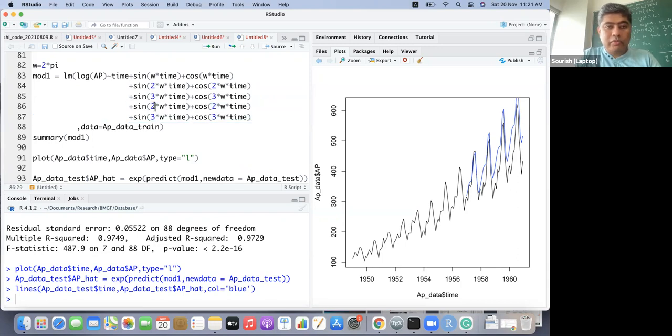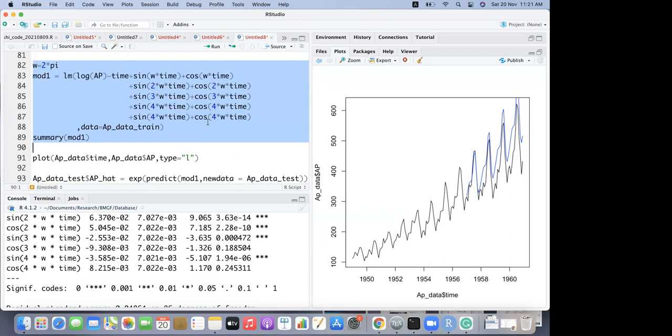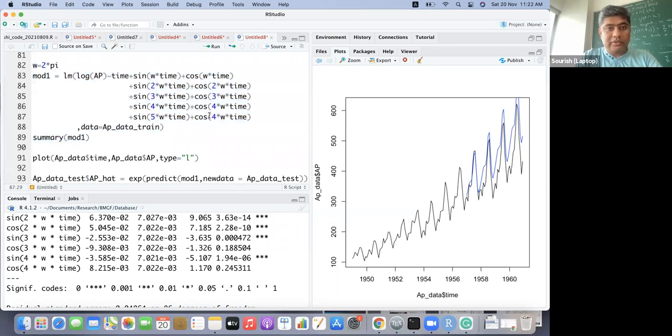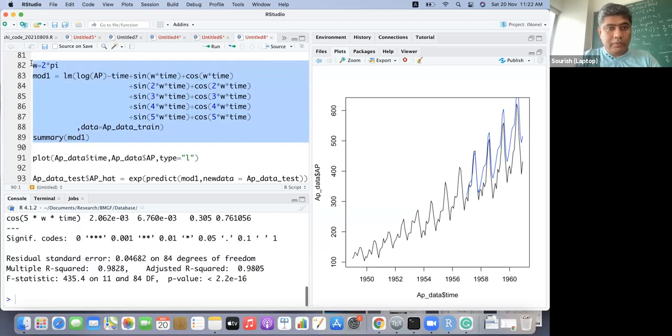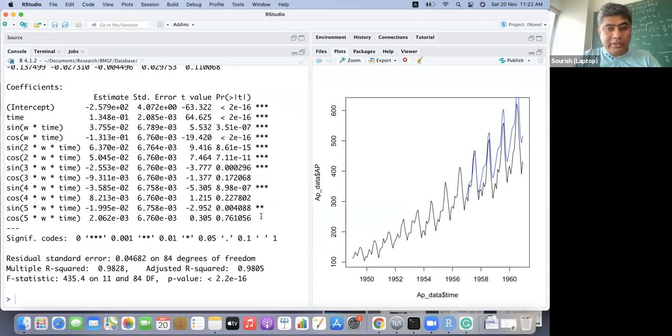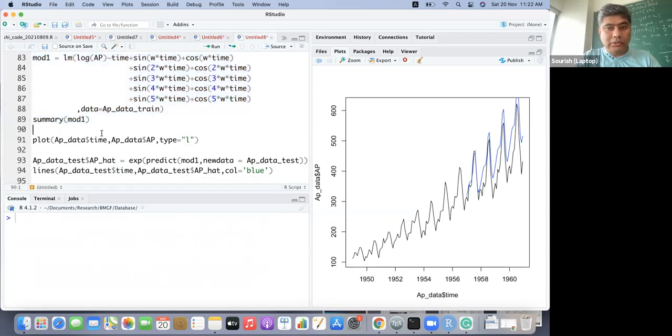So that means the Fourier engineered terms are doing pretty reasonably well. So why not we put a few more Fourier terms? These engineered terms, of course, we are only using time and its structural behavior, but it's doing pretty good, right? So there should be 5, right? Yeah, the last one should be 5. It's going up to 98%, but now there are things which are not significant. Let us see how it is doing.